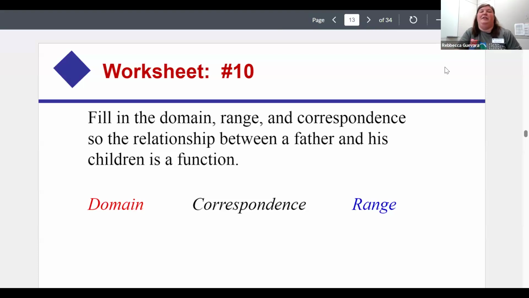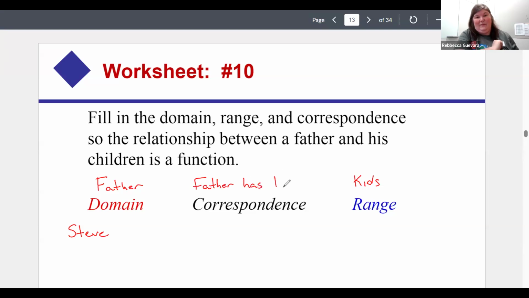All right, this was a little tricky one because you tend to want to say that fathers correspond to children. The question is, does that make it a function? So let's say we have Steve. Steve's going to be the father. This is going to be the kids. The correspondence is going to be the father has kids. So these are his kids. So Steve